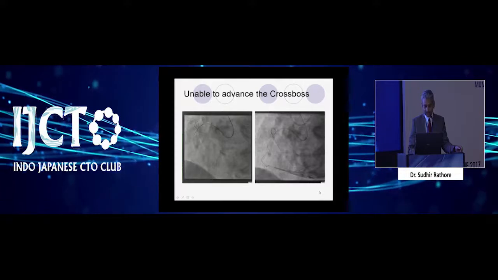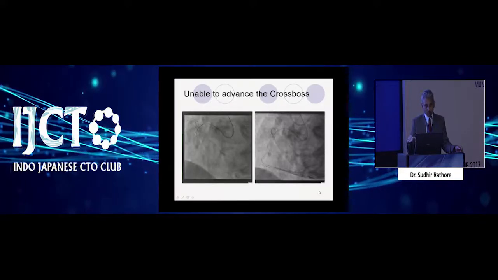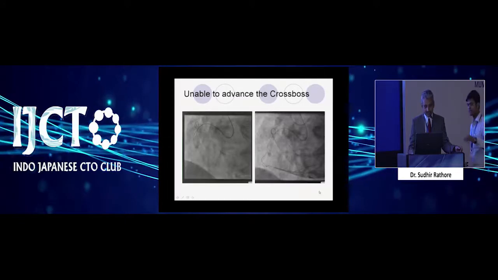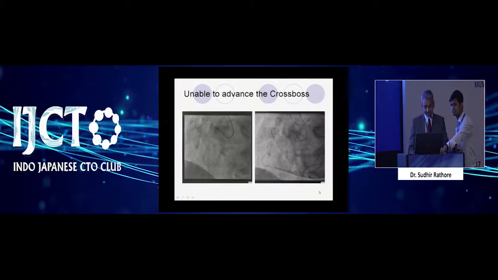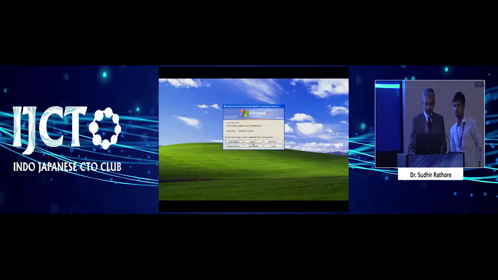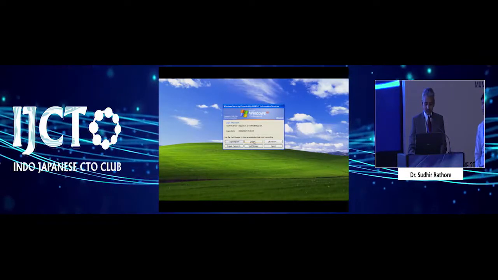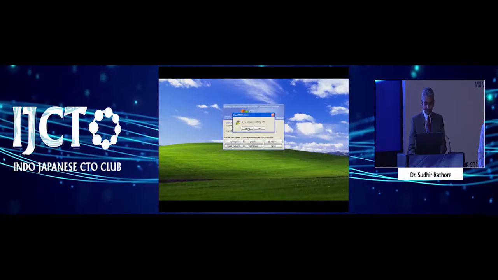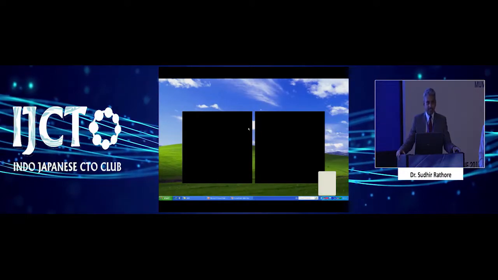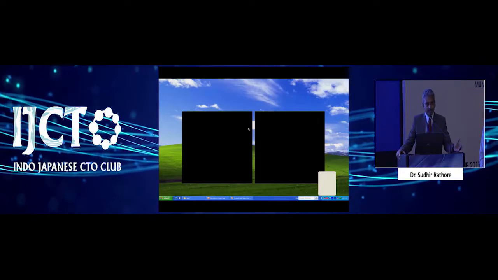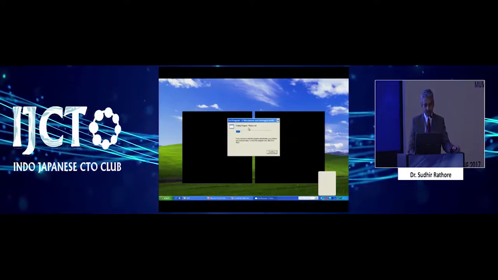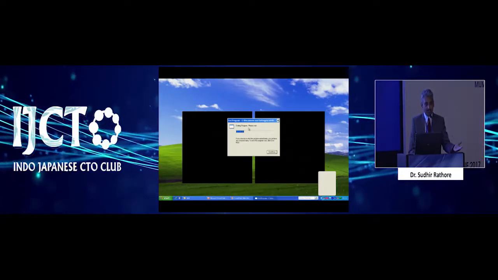So I think it's not playing. And then what we did when we got the cross-boss into the distal artery, where it is a healthy artery in the subintimal space, what I did was I entered again into the distal true lumen and exchanged it with a stingray balloon, and again tried to do the re-entry, and we re-entered in a fashion where the balloon was side to side and end on, not front to front, and then confirmed